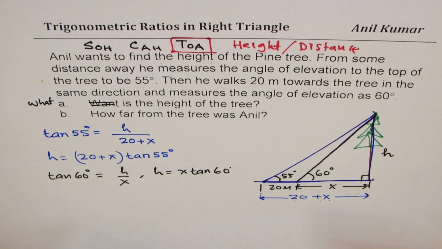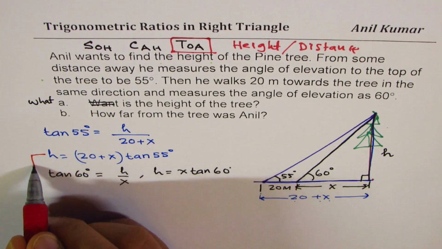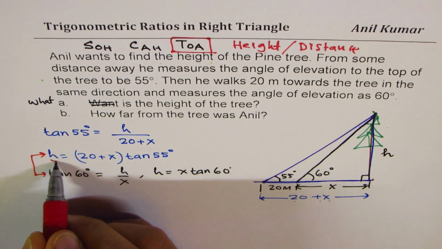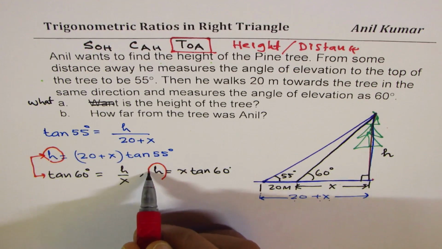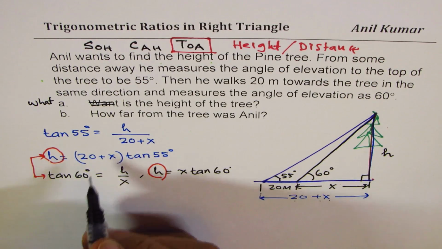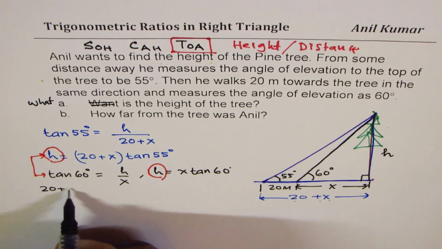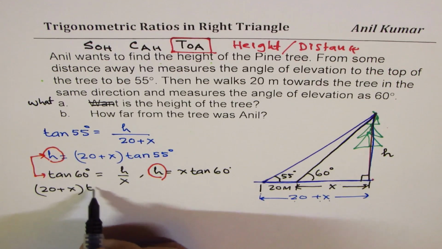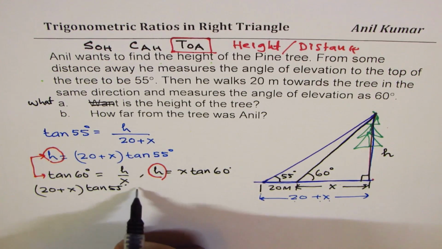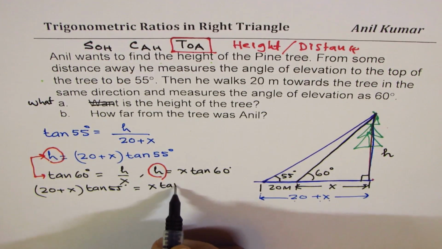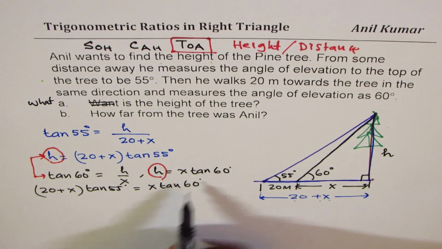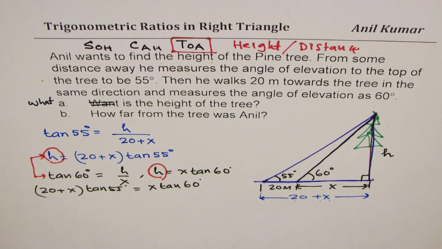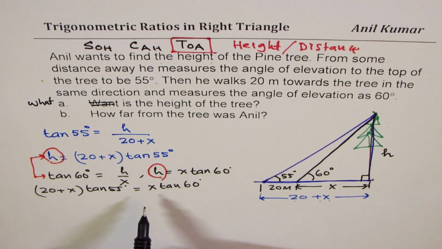Correct? So let's do it. So we'll just equate these two. That is to say, from these two equations, we are substituting the value of h in here. So what we get here is that 20 plus x times tan of 55 degrees is equal to x times tan of 60 degrees. Now tan 60 degrees and tan 55 degrees are simple numbers. Correct? So what you can do is, you can actually calculate these, or